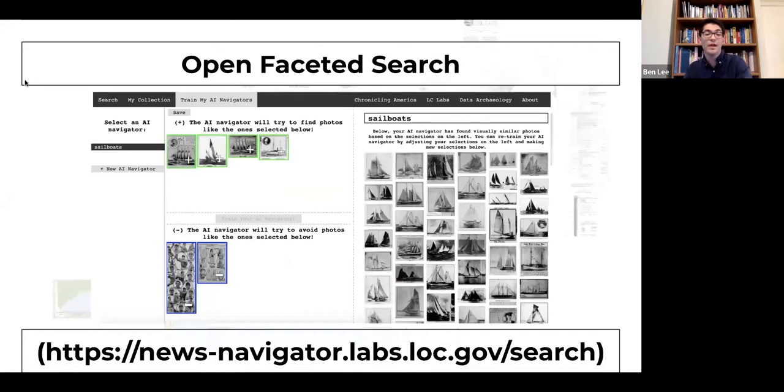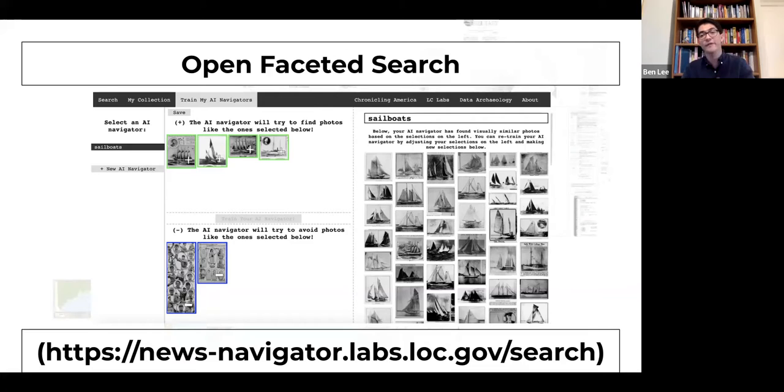And so I want to mention that many of the methods that Trevor and I have used here are very straightforwardly scalable. And I also want to mention that we can think about all sorts of ways allowing users to define the kinds of content they're interested in searching over. Here's an interface from the Newspaper Navigator project that I've been working on, which you can find at the link below. And this is a search interface for visual content in the Library of Congress's Chronicling America collection, where we